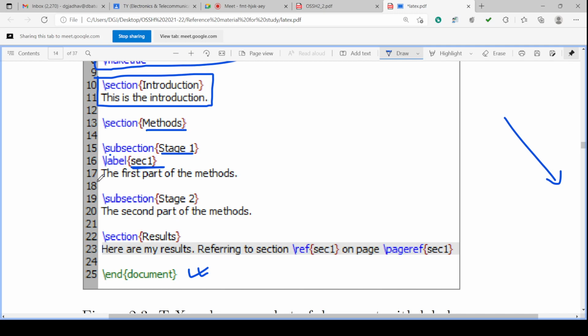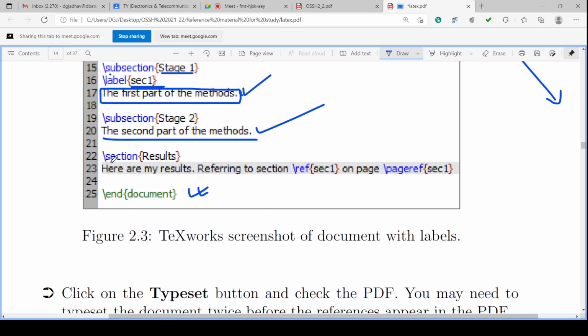The name is sec1. Then the first part of the method is the text, whatever plain text we want to write in that document. Then there will be subsection stage 2, and then whatever text is under that subsection. Then there will be the section Results, where my results are.